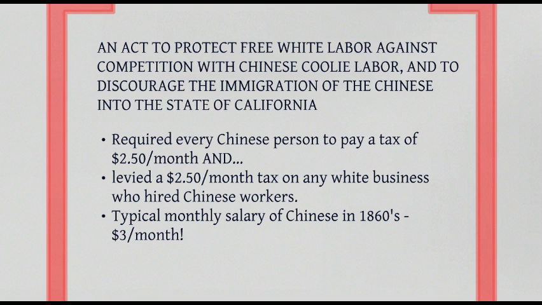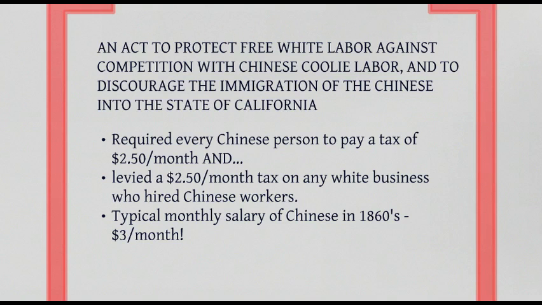So, in summary, just to give you a couple of things. First of all, coolie is a derogatory name that was given to the Chinese. Back then, the Chinese workers, the Chinese railroad workers, the miners, were known as coolies. It's like calling a Chinese person today a chink or a Japanese person a Jap. It's a really bad word. So coolie is not a nice term. Anyway, this law was largely sponsored by the Workingmen's Party, and it was to protect jobs, white jobs, against Chinese workers.